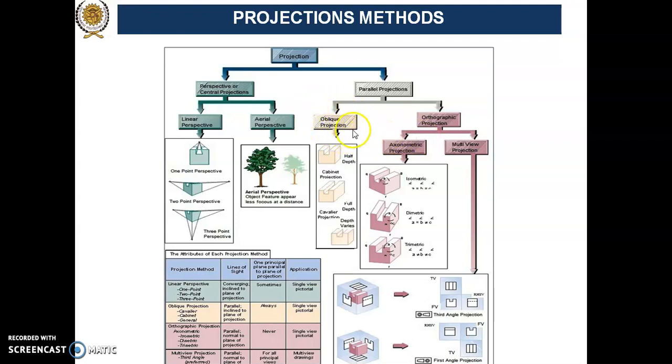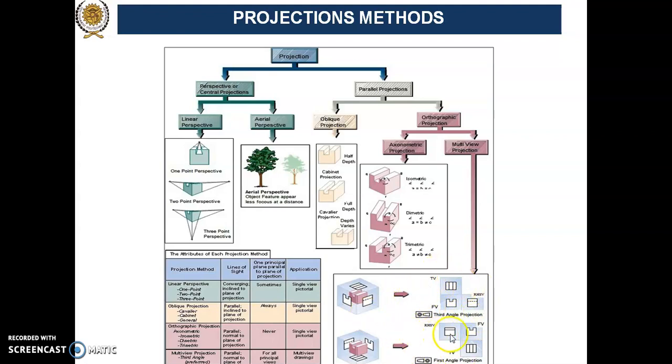The oblique projection is classified as half depth projection, full depth projection, or a projection in which depth varies. Whereas orthographic projection is broadly classified under two different heads: axonometric projection and multi-view projection. There are three types of axonometric projection: isometric projection, dimetric projection and trimetric projection. In multi-view we have four different methods of projection, amongst which the first and third angle methods of projection